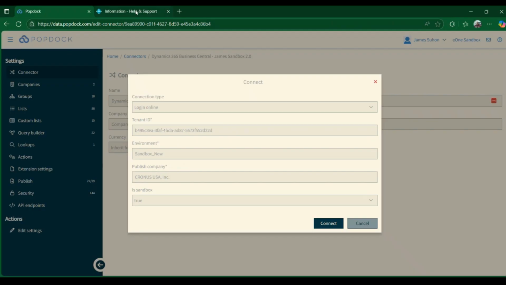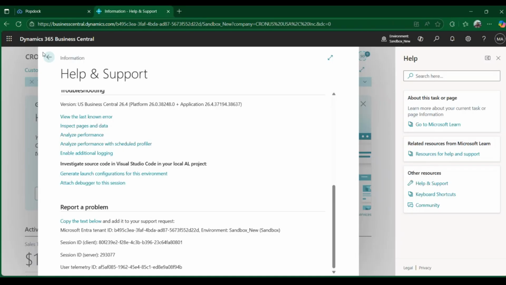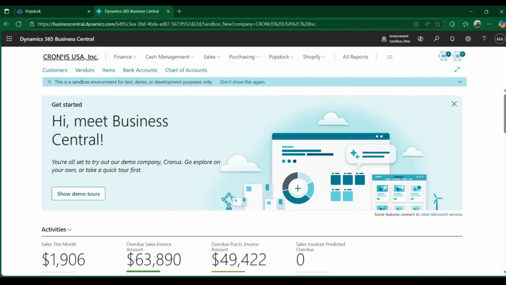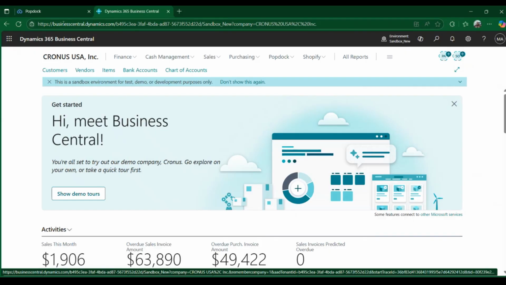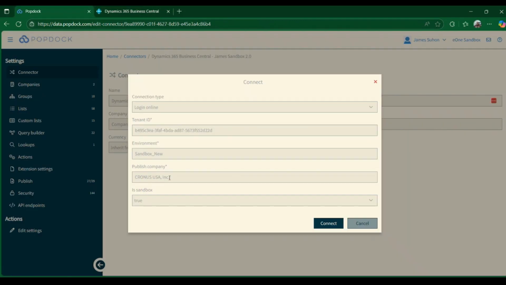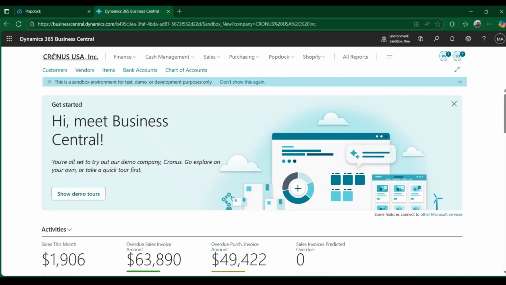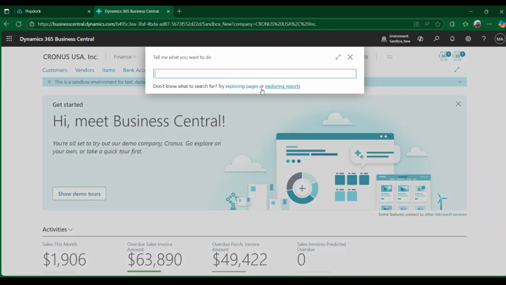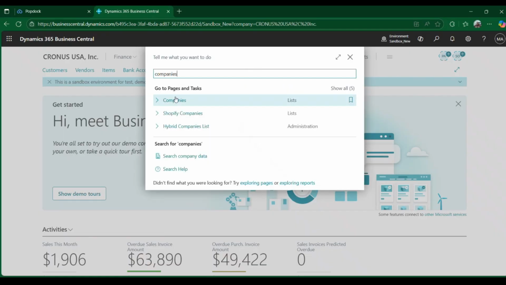So with that, we have all this information. Now, if I just go back to our homepage right here, as you can see, Cronus USA, that's what it says. Pretty much a straight up match for this. Now, in some cases, that is the case, but this right here is the display name. This is not the database name. This is the display name. And what I mean by that is if I go over here to our universal search, pull up our companies list,